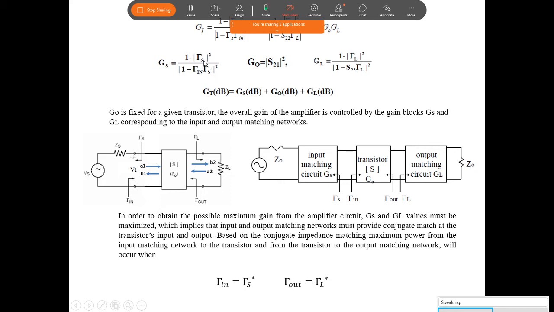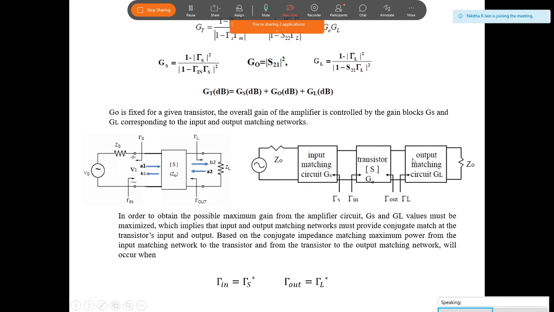But what we need is you should change the value of TOS. How to change the value of TOS? That is by using an impedance matching network. You change the input impedance here. Then it will give some value of TOS that may give your particular gain. So based on what value of gain you need, you should change the input impedance here to something other than 50 ohm. That's why the impedance matching network is there. Here we have to connect the impedance matching network to get the required value of gain.